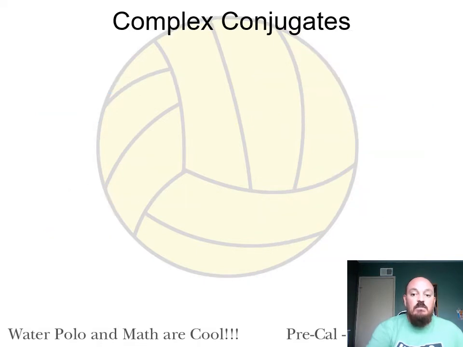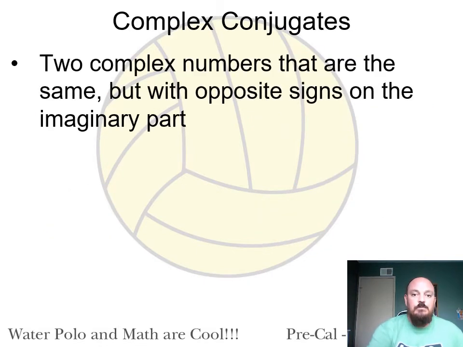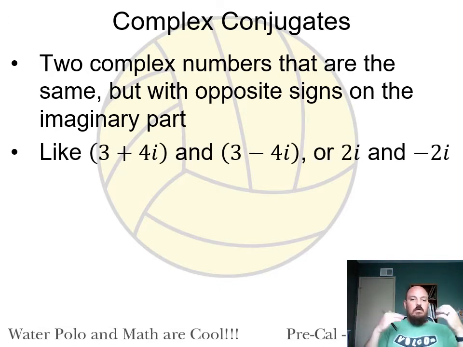the concept of conjugates. Now, a conjugate is when you have a binomial, two terms, and then you have another one that's exactly the same, but they have different signs in the middle. One has a plus and one has a minus. So for example, the obvious one is if you have both terms, 3 plus 4i, 3 minus 4i. Those are conjugates. It's the exact same binomial, but one has a plus and one has a minus in the